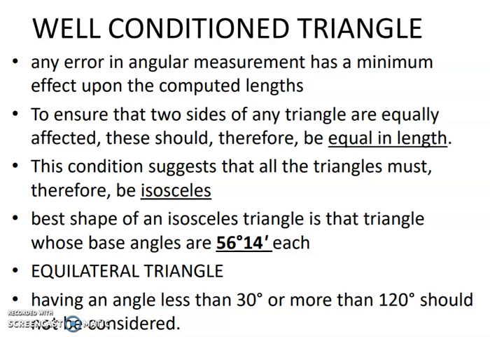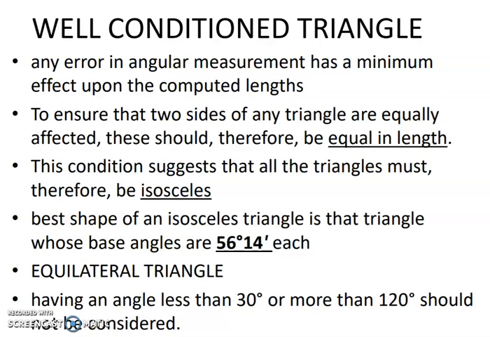Going ahead, the next topic is well-conditioned triangles. We were discussing this in our last video. Now, what is a well-conditioned triangle? Mostly it should have a good shape in our common language, something like an equilateral triangle or an isosceles triangle. But yet again, isosceles triangles can also have angles which vary a lot.